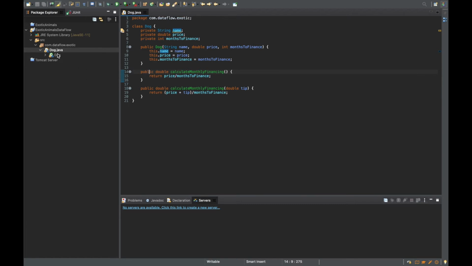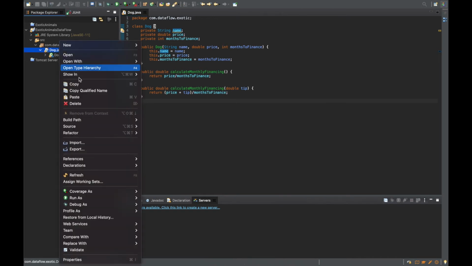In the future, when we create new Java files, I'm going to create the test file first, because we want to have a test-driven development approach, in that we want to create the tests first and then create the methods based on the tests. But for now, we're doing it the opposite way, where we're creating the file and then creating the test. So what I want to do is right-click on this file, and I want to do new